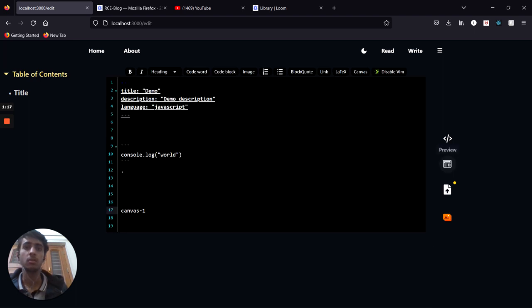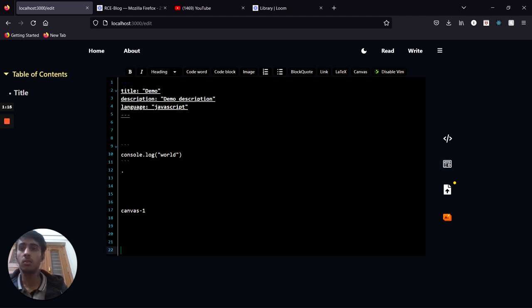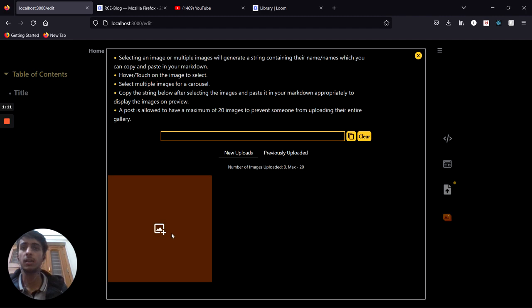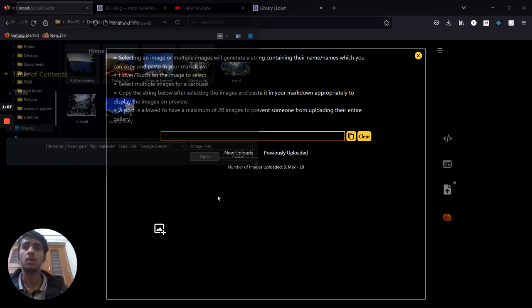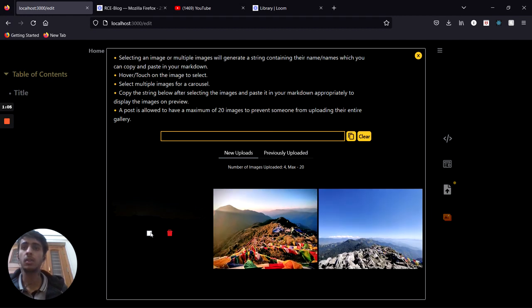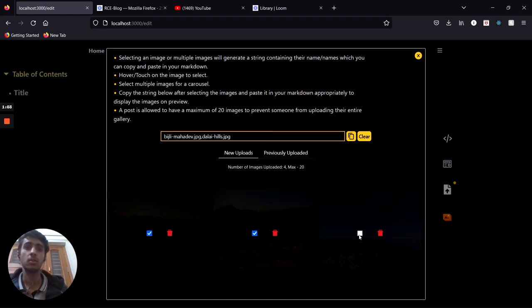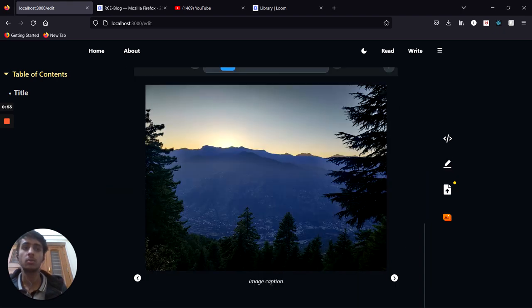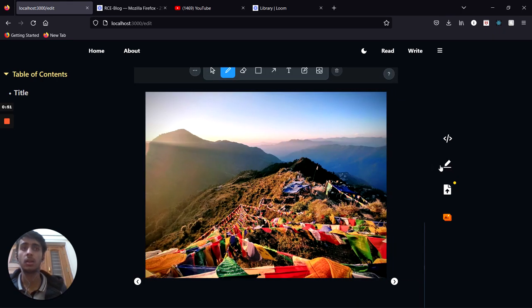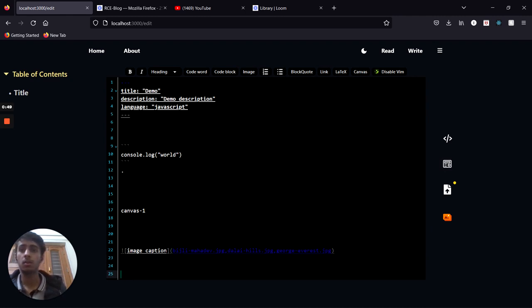draw freehand diagrams here. And if you want to include images in your post, you can click on gallery and add images. Let's add 4 images at once, and I want 3 of them to be in a carousel. So let's select 3, copy them, click on image and replace the image name with the string I just copied to my clipboard. So these 3 are rendered as a carousel, and